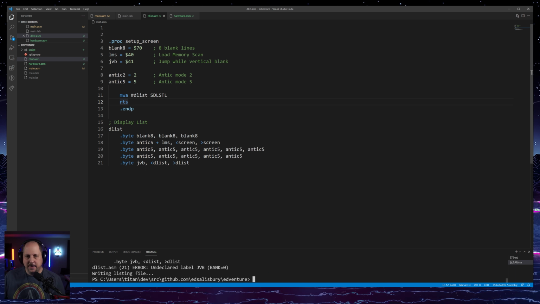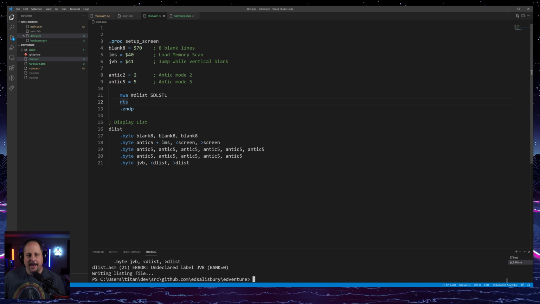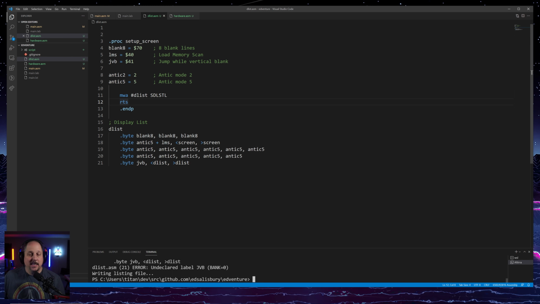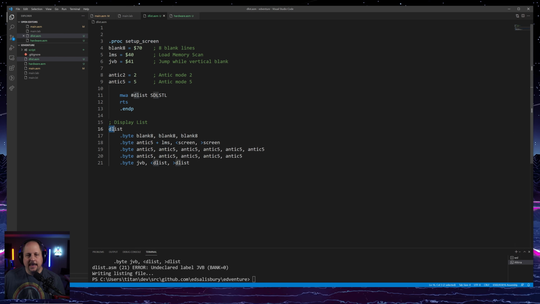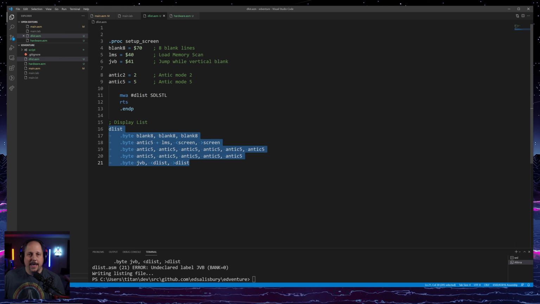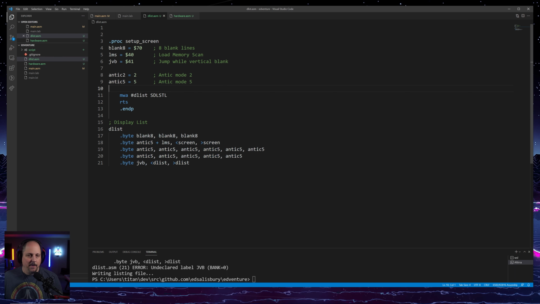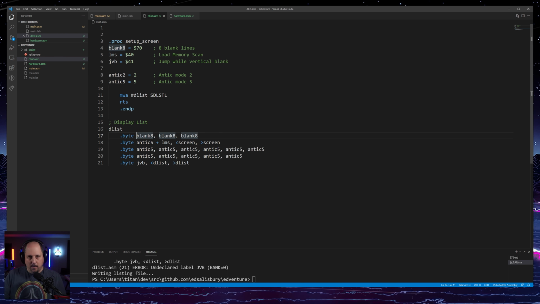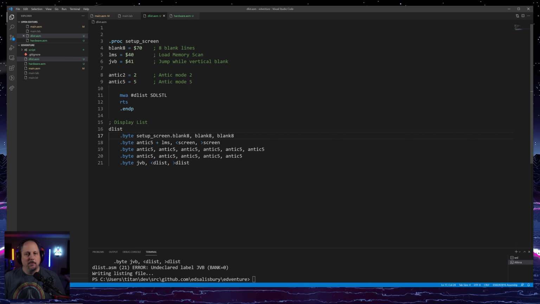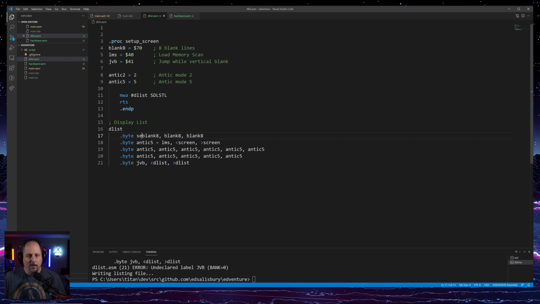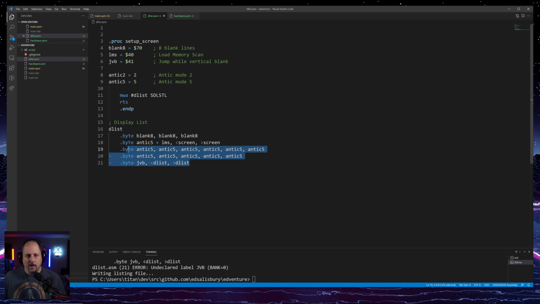And the reason why is because it is now part of these blank 8 LMS, JVB, and all that stuff is part of the setup screen procedure. And this D-list is outside of that, so you can't see these. Now, technically, we could make them see them by saying, setup screen dot blank 8, but we don't want to do that. What we actually want to do is we want to move this